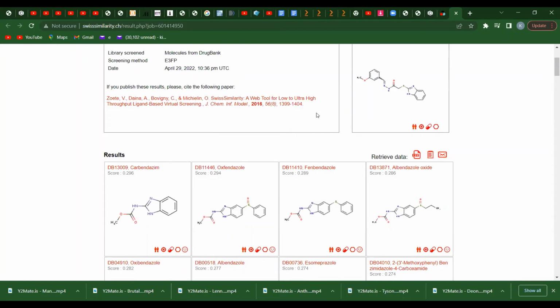So this is our compound, and it's giving us a suggestion that this compound is similar to this, but the similarity score is 0.2. This one is 0.294. This one is 0.28. So when you are designing drugs, there are times you want to design